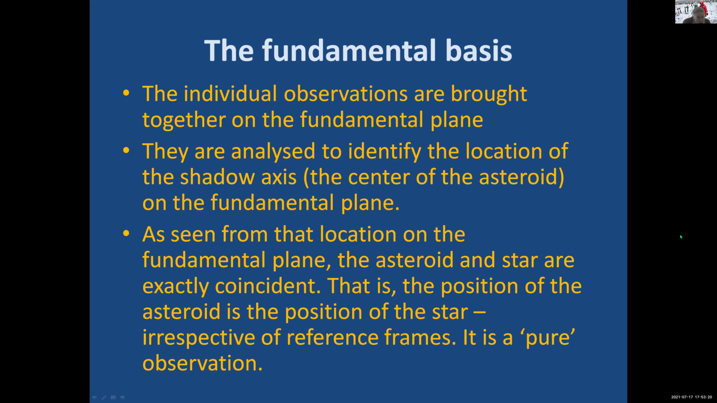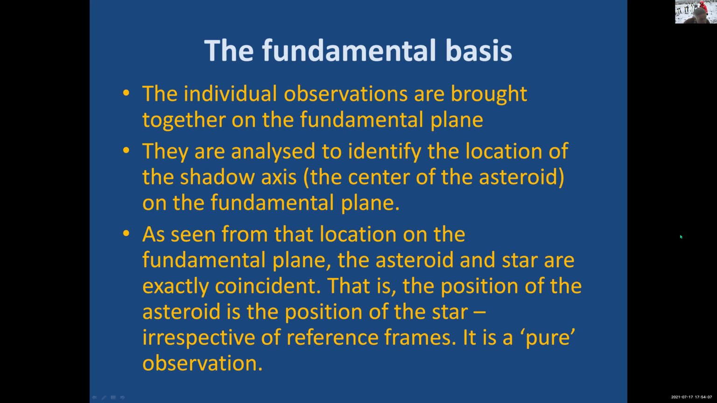The individual observations, when we reduce them, we bring them all together on this plane through the centre of the Earth, this fundamental plane. And we move them around on that plane to bring them all together at a single common time. From that, we can identify the centre of the shadow, the axis of the shadow, the location of that on that plane at a specified point in time. If you happen to be at that point, and that point is necessarily inside the Earth, not on the surface, but inside the Earth,